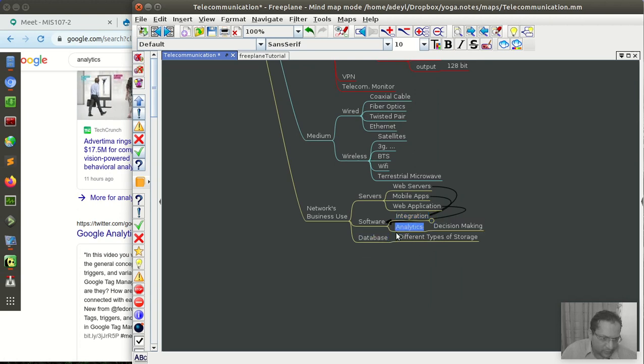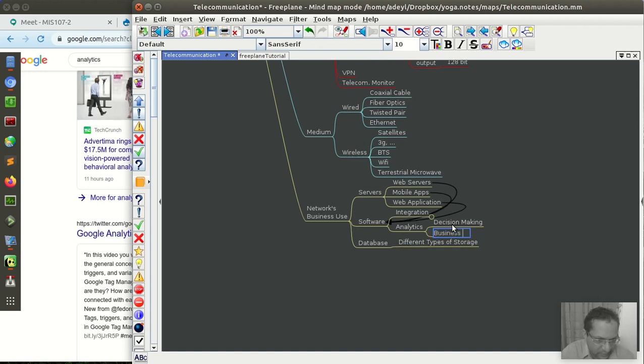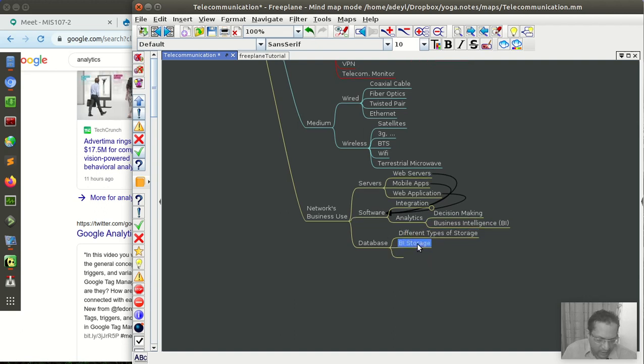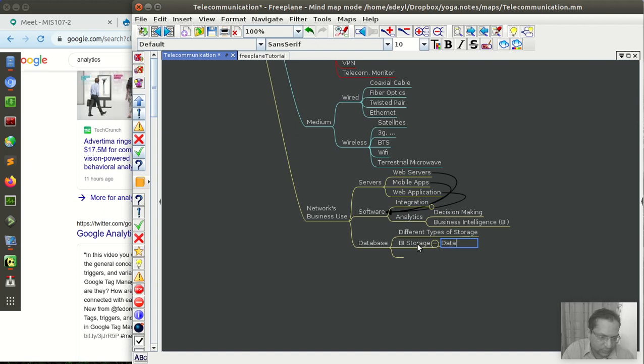And within analytics, we have decision making, again business intelligence: how business can make intelligent decisions. So this is decision making plus database, different types of storage. So business intelligence, BI storage. And for BI there is large storage, called a data warehouse, that houses a lot of data.